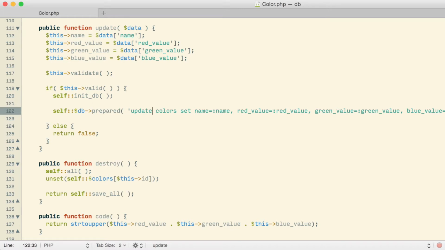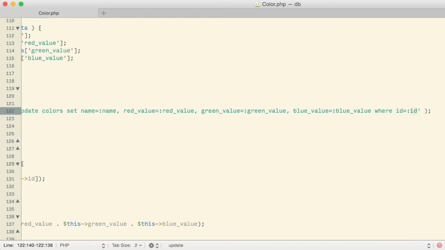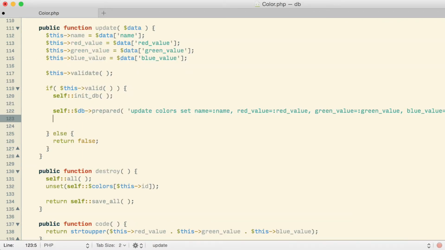So with this SQL statement, I'm telling it that we're updating a color that's already in the database. The color that we want to update has this ID. If I were to forget and leave that part out, what would actually end up happening is I'd end up making this update to every color in my database table, which is certainly not what I want. So the actual updates that I'm saying to take place is I'm saying change blue value to this, green value to this, red value to this, and the name to that. With all of that then, that should go ahead and update the data that's already in the database for me.